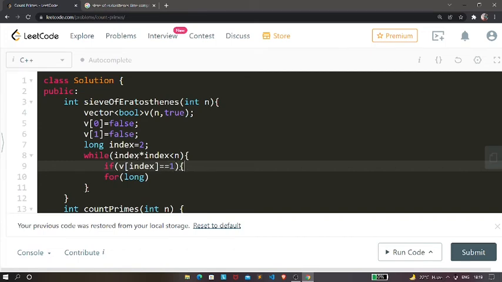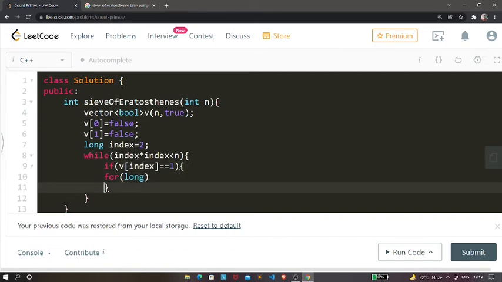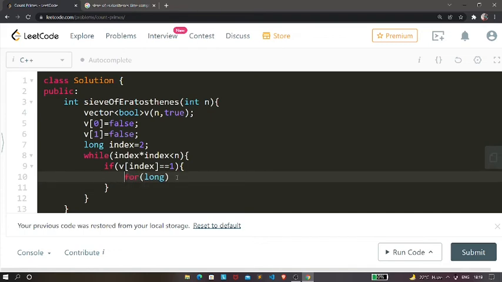That means whether it is a prime number or not. If it is a prime number, then we're going to go inside this condition block. Inside this condition block we'll have an i which will start from index squared, as I have already told you why we are doing this. Now we go up to i less than n, and then we increment this i by the index.